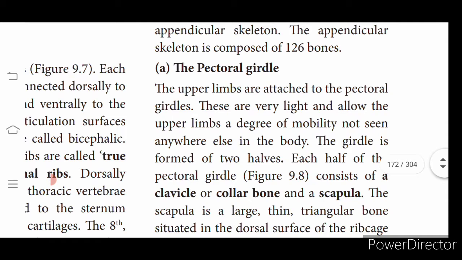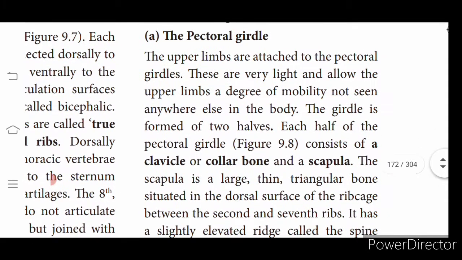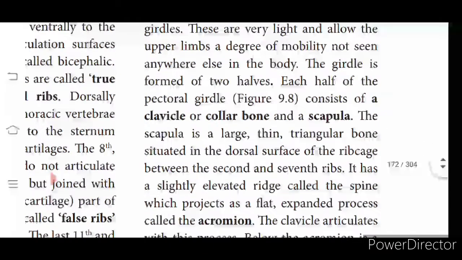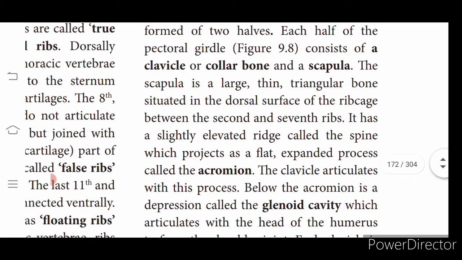The appendicular skeleton is composed of 126 bones. To start with the appendicular skeleton, the pectoral girdle. The pectoral girdle is in the upper limb region. Upper limbs are nothing but your hands. They are very light and allow the upper limb a degree of motility not seen anywhere. The girdle is formed by 2 halves. Each half of the pectoral girdle consists of, so each half means one hand,